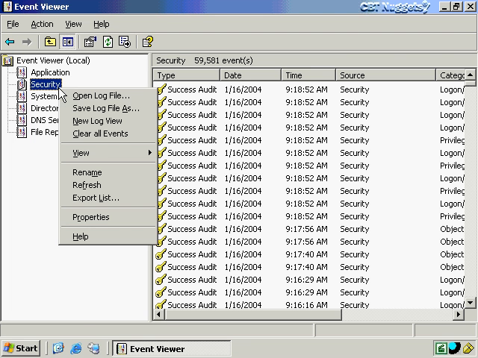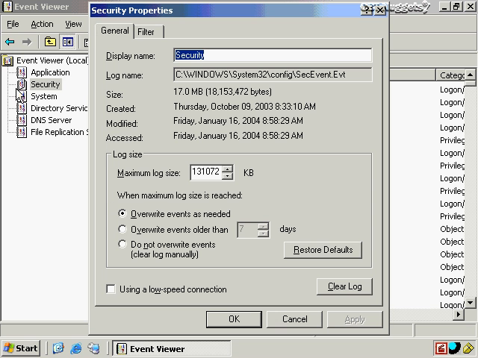So for example, for the security event log, if I right-click and choose properties, all of the properties for all of these appear exactly the same here, so we don't need to look at each one. But you can see some obvious information here, which I won't exhaust. However, you see that you can override events as needed, and you can override events older than 7 days as well, or however many days is necessary, or do not override events, which would be something you probably wouldn't want to do for a security event log,